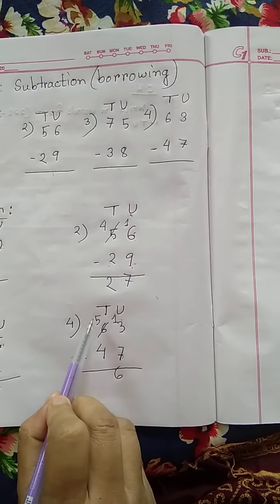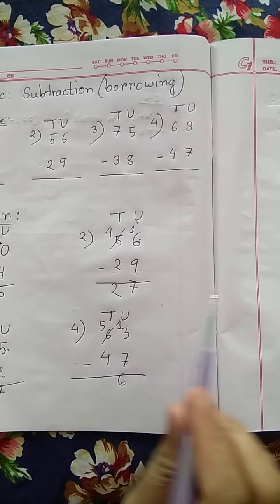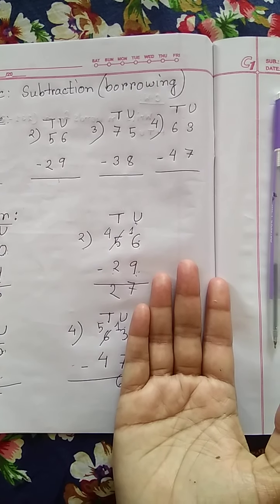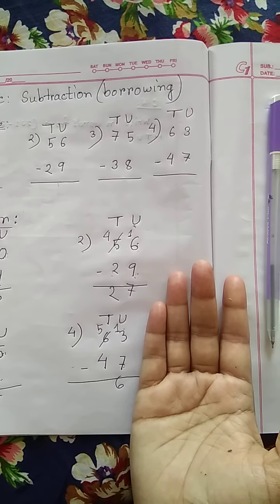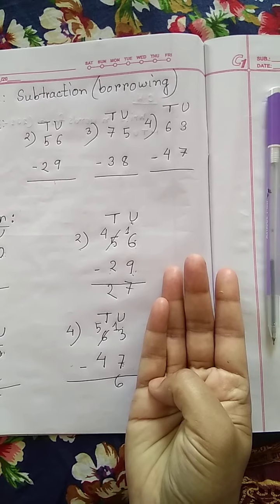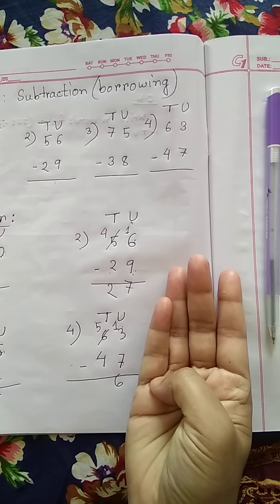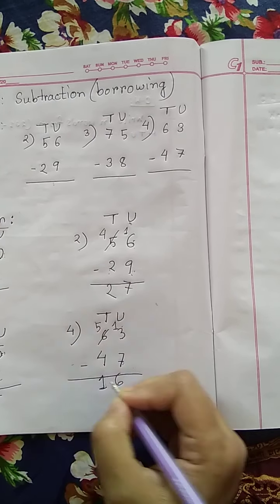6. And this part, here is 5, here is 4. So 5 minus 4. Okay, 4, 5. Where have I stopped my counting? On number 1. So, the answer here will be 1.